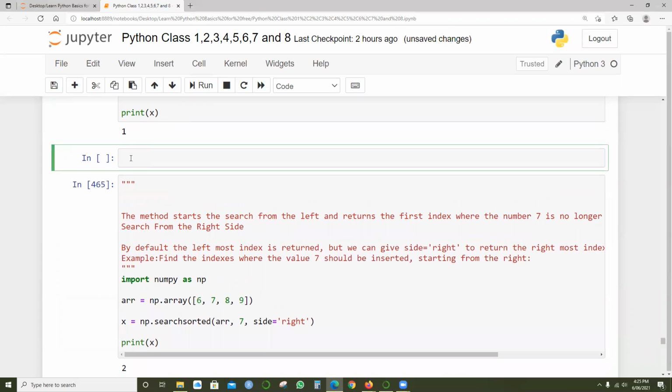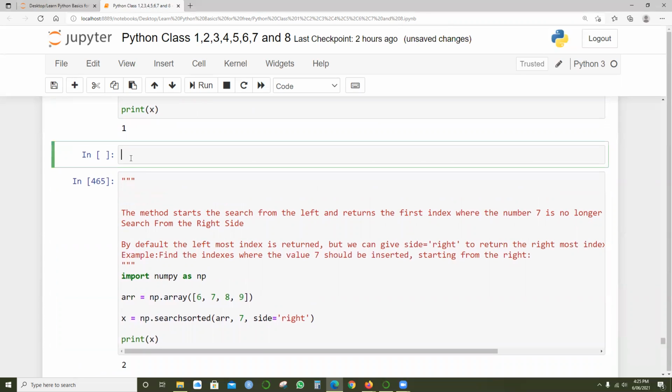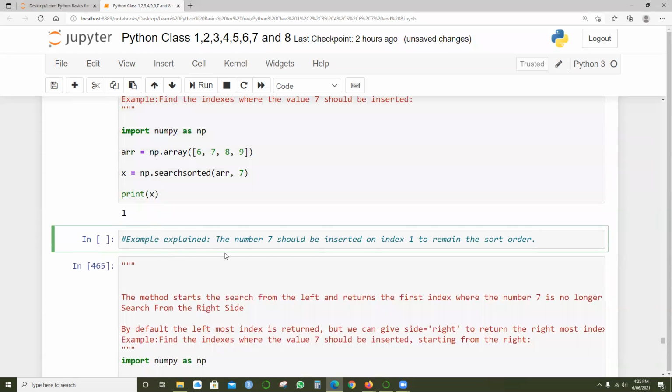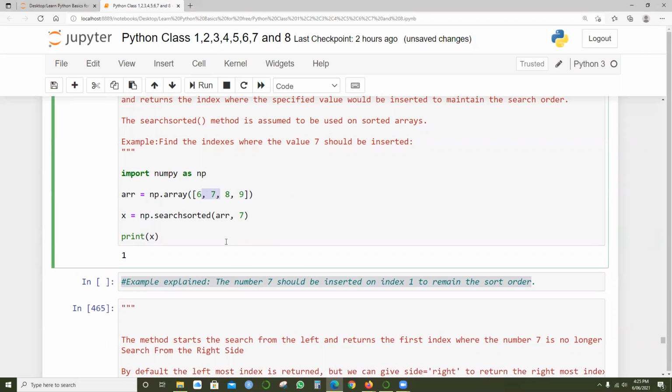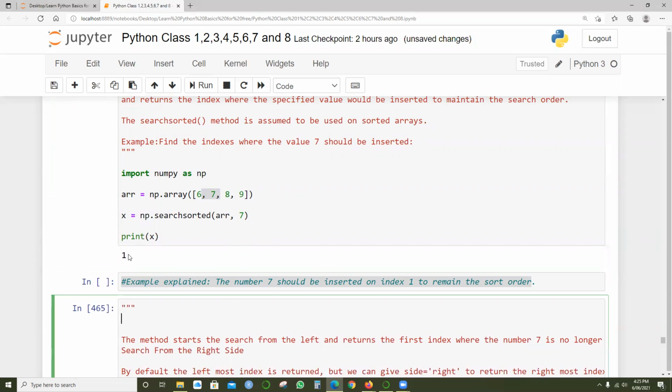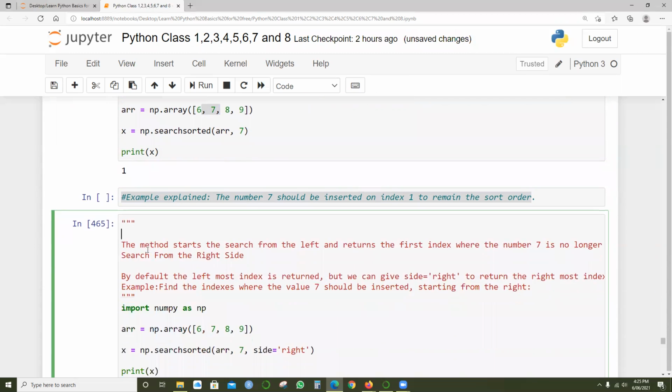So in the above example, the number 7 should be inserted in index 1 to remain in sort order. We are finding the index value, and the index value is 1. We'll take one more example.